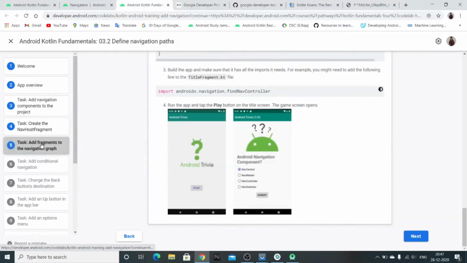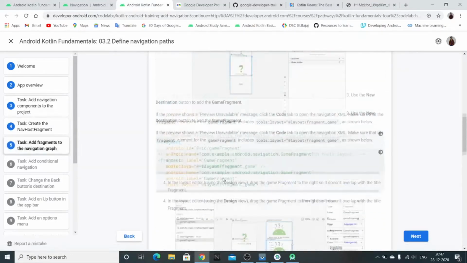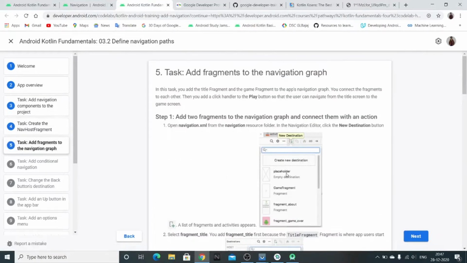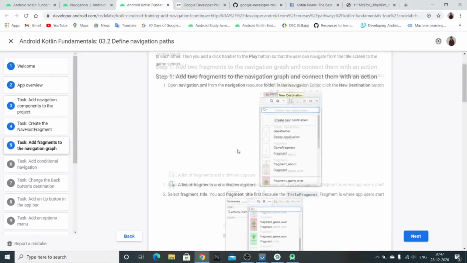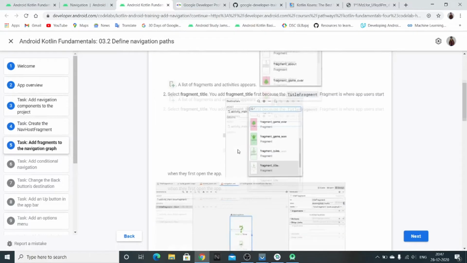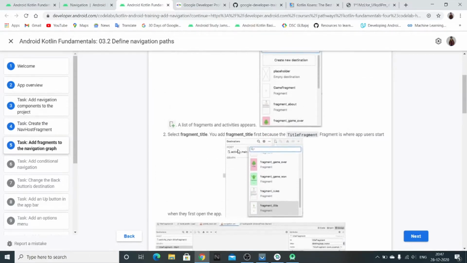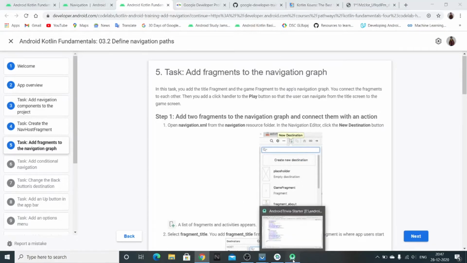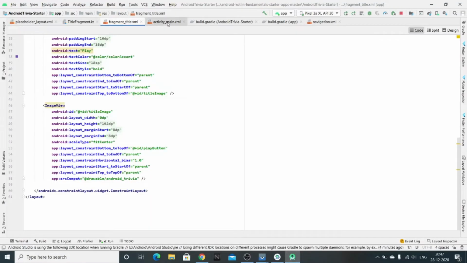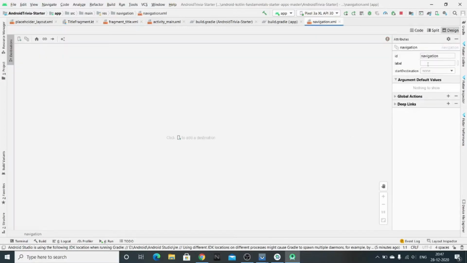Okay, now adding fragments to our navigation graph. So in this graph, we need to add the fragments, since we need to show the navigation between the fragments. So we need some fragments. So in your Android Studio, go to the navigation XML that we just created, and then you will see this icon over on the top left.